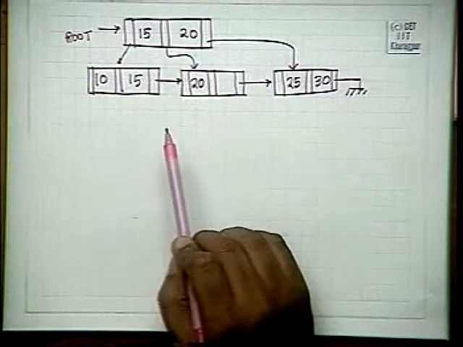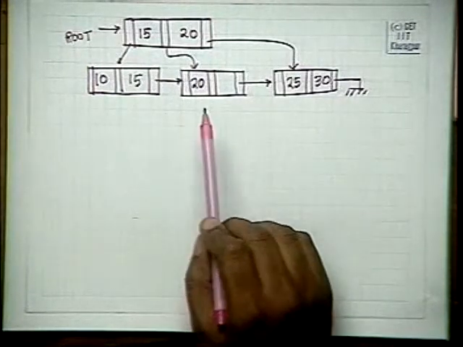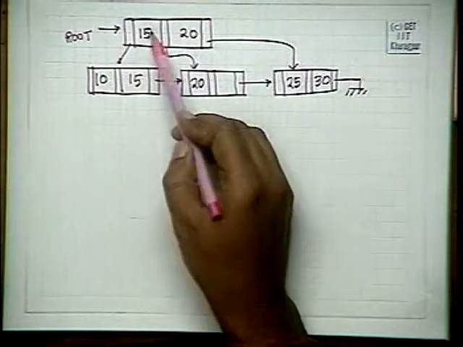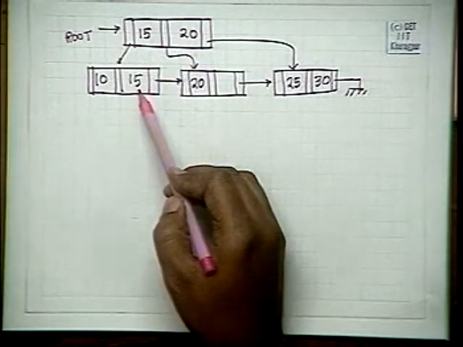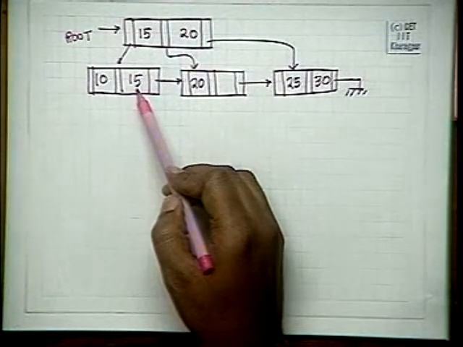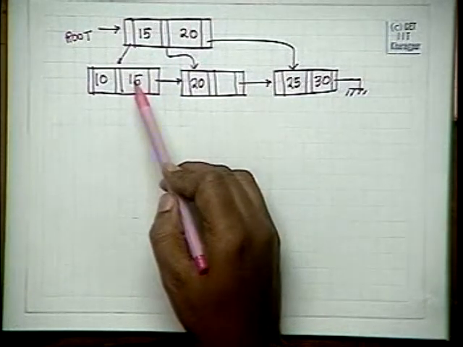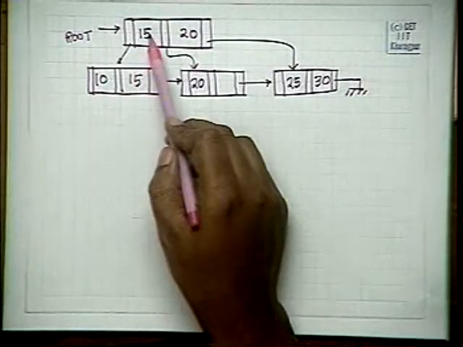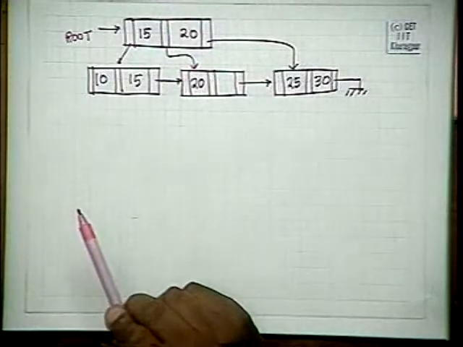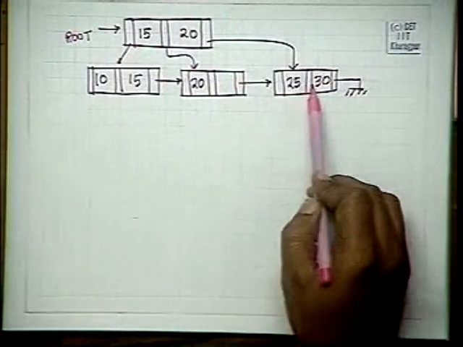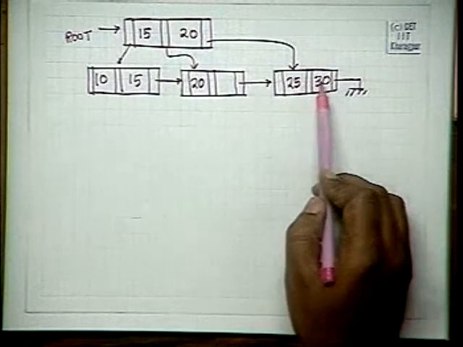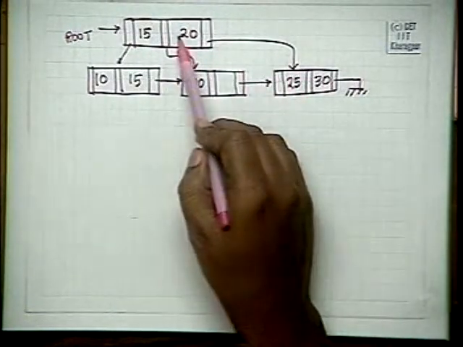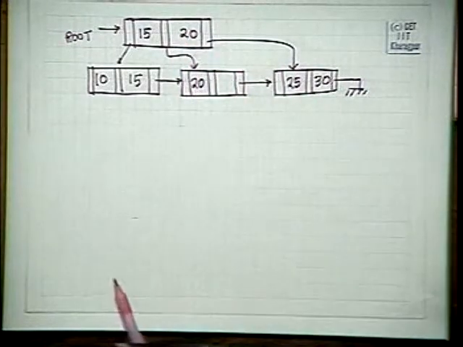If we have to delete 15, any delete function first finds it. If it is not there, delete does not work. If it is there, then come here. If it is the only value which is present here, then delete it. If this is non-empty, then just update its parent and go on updating. Similarly, delete 25. If we delete 25, we push 30 here and update. Here nothing is to be updated, and this remains as it is.